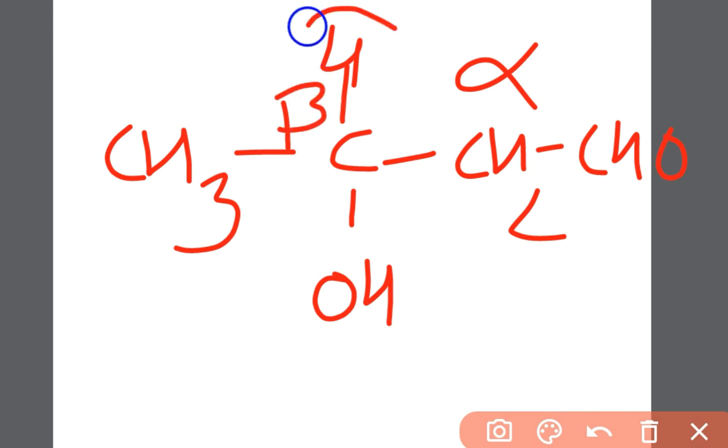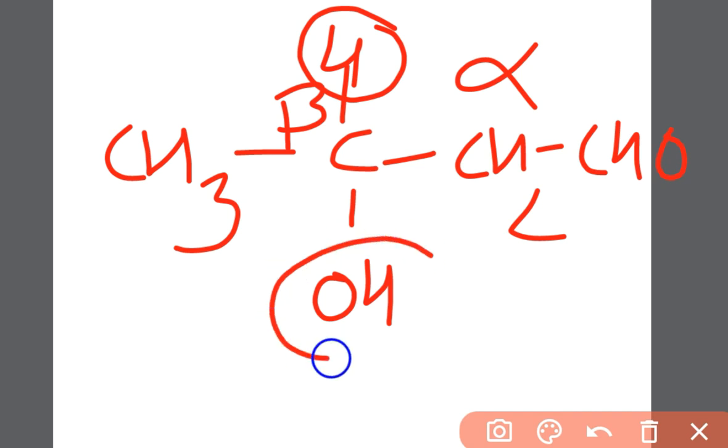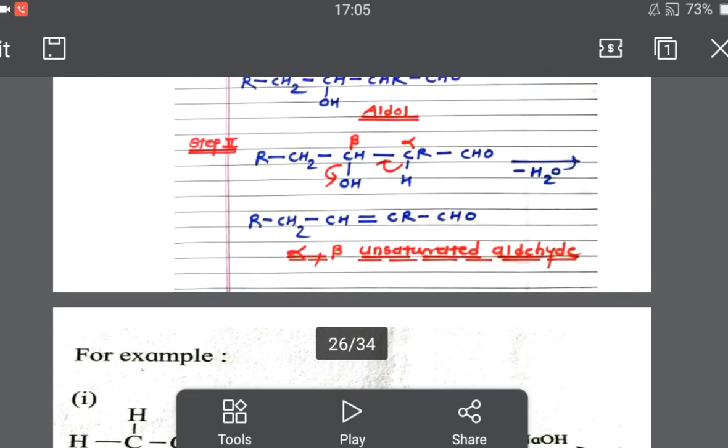So this hydrogen is beta hydrogen and this is beta hydroxy group. Okay, so this is the very simple concept, alpha and beta. Next to the functional group is alpha carbon, and next to the alpha carbon is beta carbon. Okay, so see here,